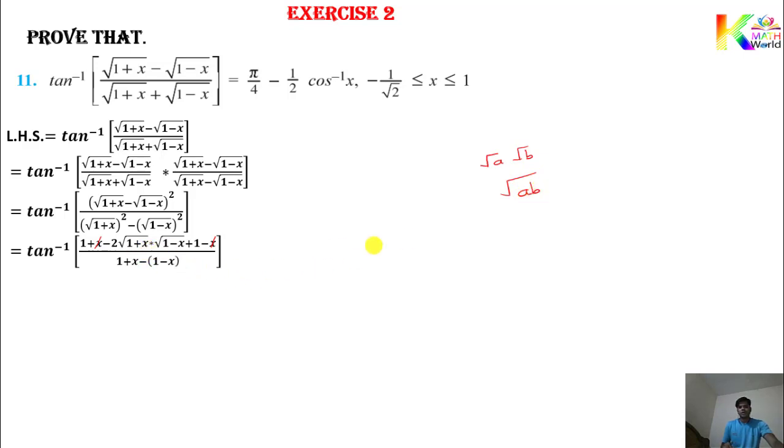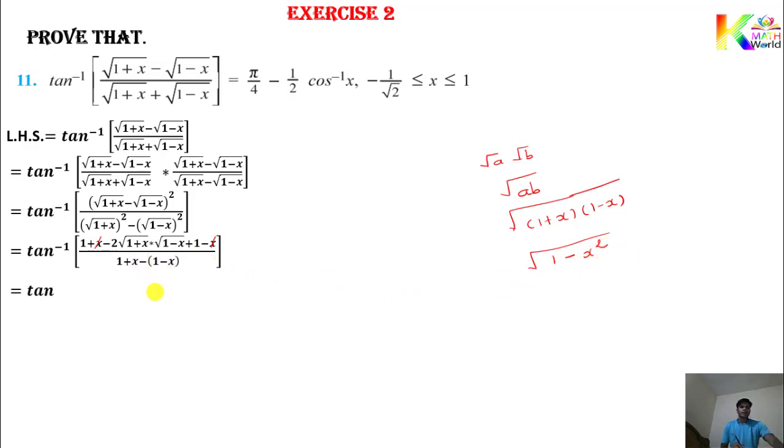So by this logic, we can say root of 1 plus x into root of 1 minus x. So you got here 1 plus x into 1 minus x. Then you can see you got like this, so a plus b into a minus b. So in root you got a square minus b square. So you got 1 minus x square.